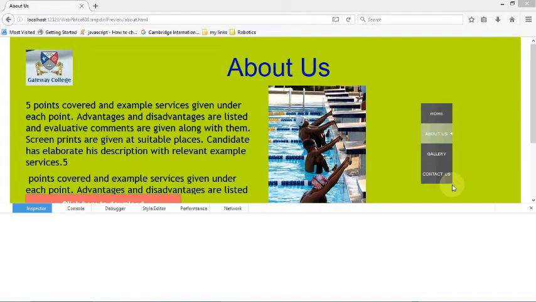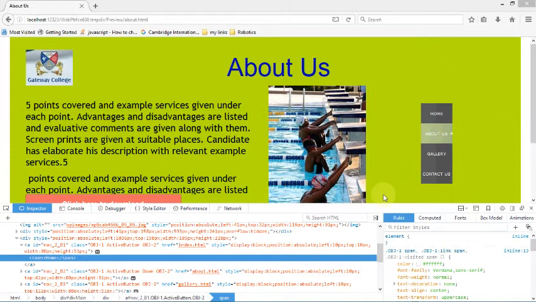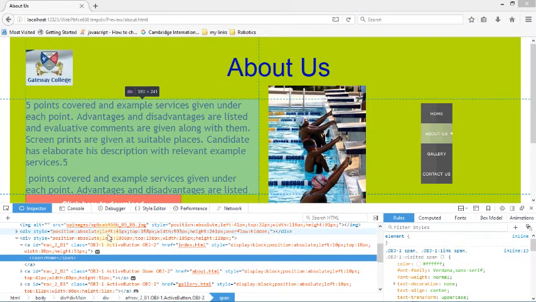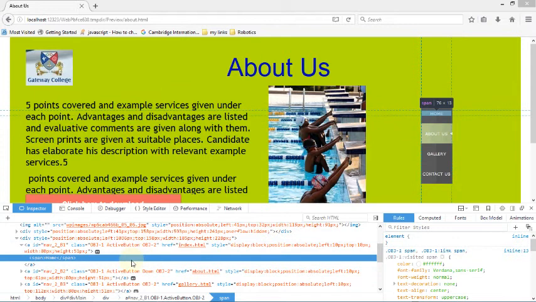This will show you the HTML code section used to create this link. Okay, but the thing is, now when you are shown so much code like this, how are you going to find out which code actually creates the link? For that you need to have a little bit of knowledge of HTML, right? To create a link in HTML, we use a tag called anchor, A, and it goes as a href, right? So although this home span is selected, you have to look for the a href